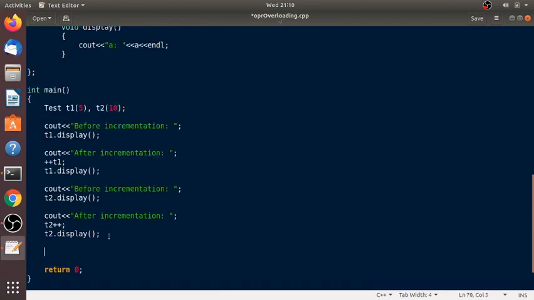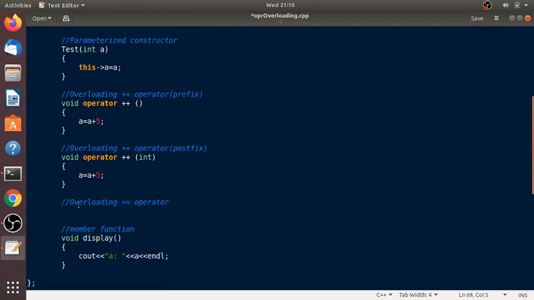Here t1 exactly equal to t2, we are comparing these two objects using the exactly equal to operator. This t1 is a calling object and t2 is passed as an argument to this function.